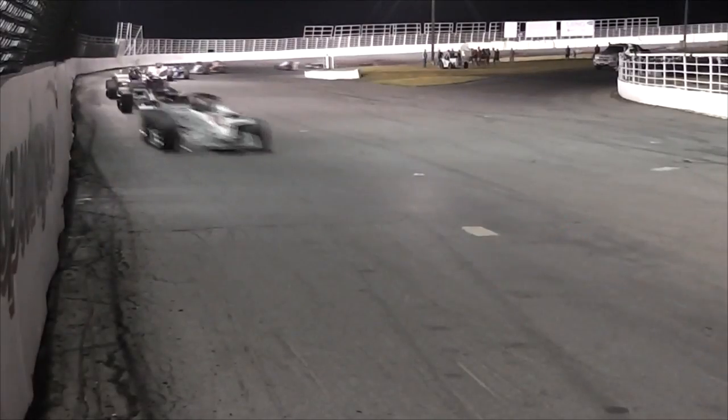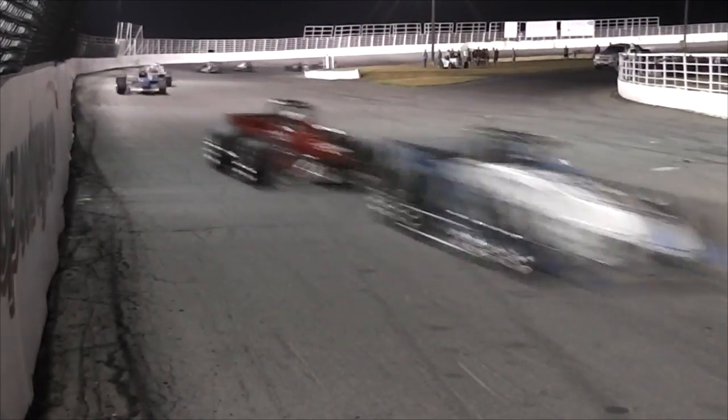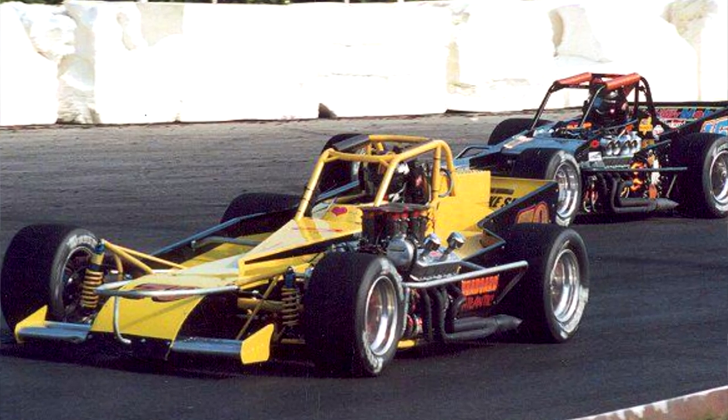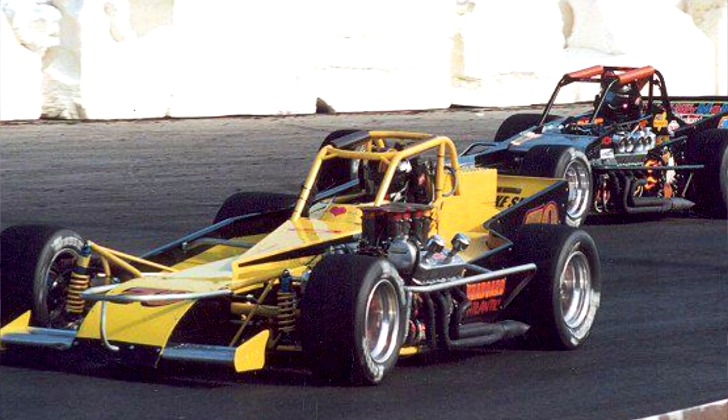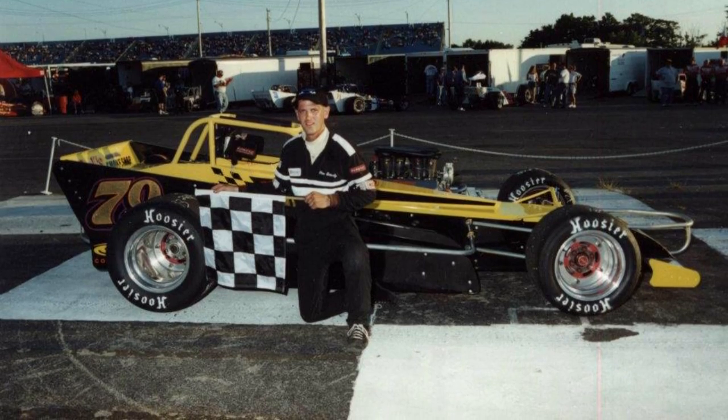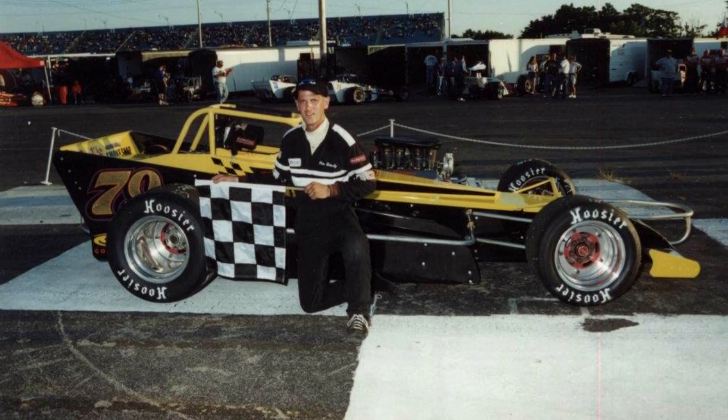On this final segment of Otto Sitterly Shop Talk, Otto begins by taking us through the evolution of the Supermodified as he knows it. Well, cars are a lot faster than what they used to be with all this downforce, but when I first got into a Supermodified, there wasn't much downforce and it was more mechanical grip, and you'd sort of get the car into the turn, and the front end would push, and you'd wait till the push was gone,